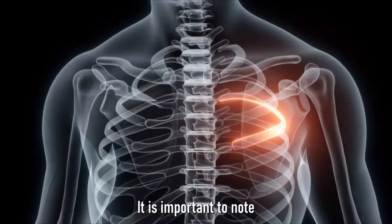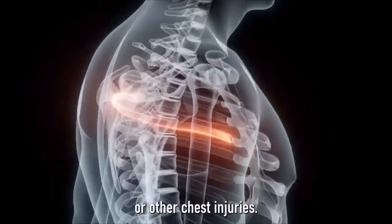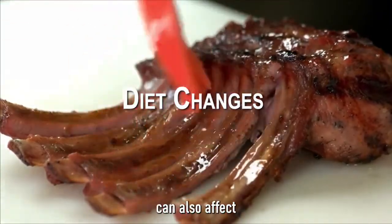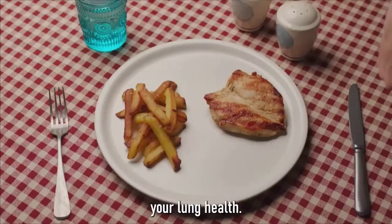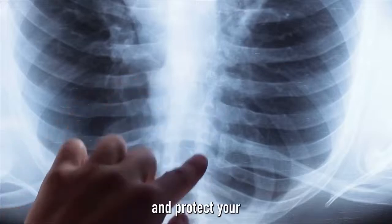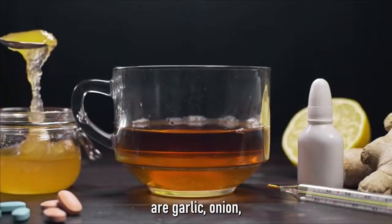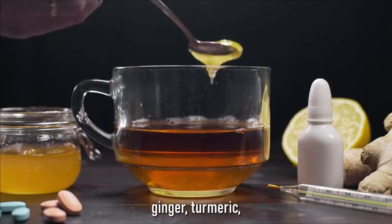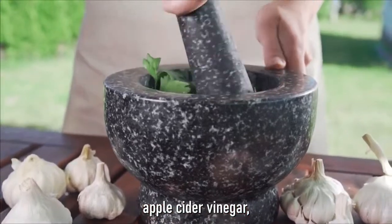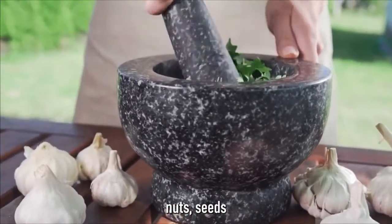It is important to note that percussion should not be performed if you have a broken rib or other chest injuries. 5. Diet changes. What you eat can also affect your lung health. Some foods can help reduce inflammation, boost immunity, and protect your lungs from damage. Some of these foods are garlic, onion, ginger, turmeric, honey, lemon, apple cider vinegar, green tea, berries, leafy greens, nuts,